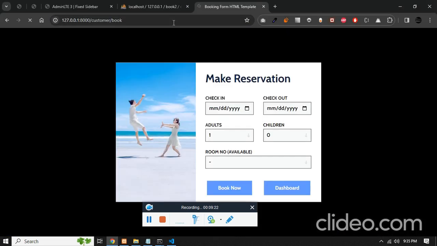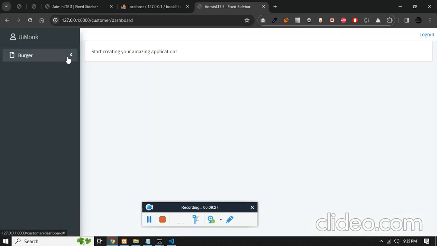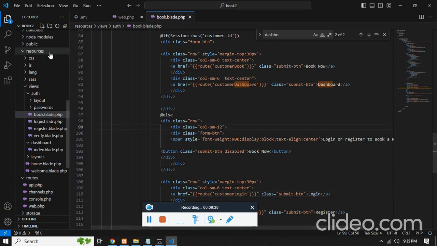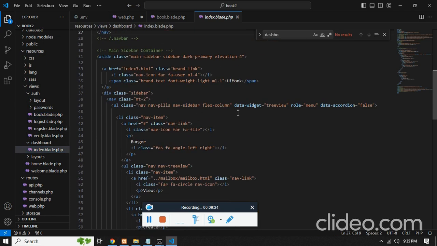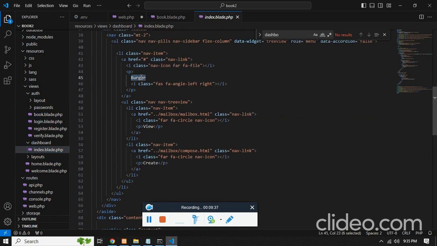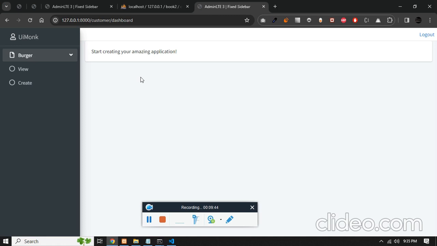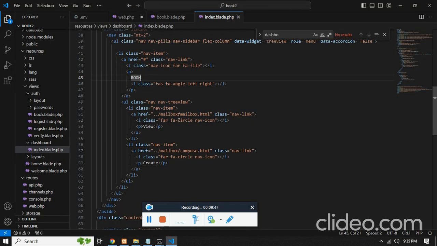Cool. Now I'm logged in. Let me just click on book. Okay, now we have to change this. So where we can get this in the dashboard, your room, here it's room, and on the first you can see your bookings, and the second one, book now,